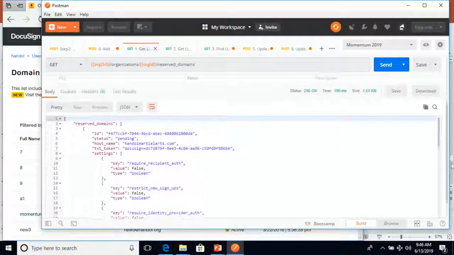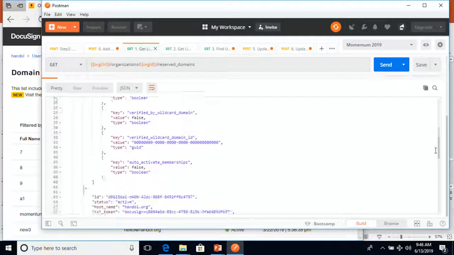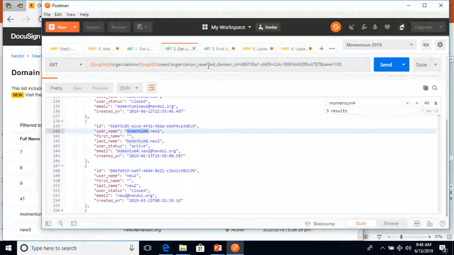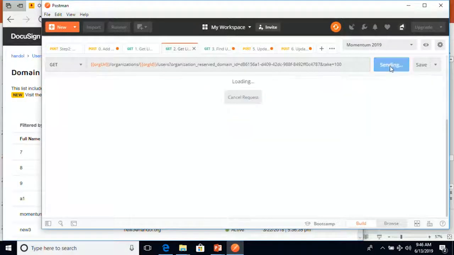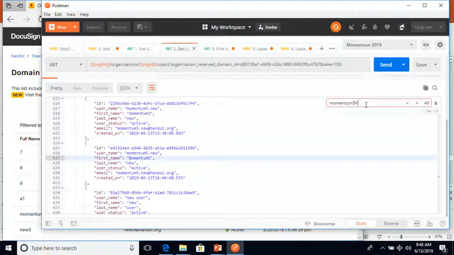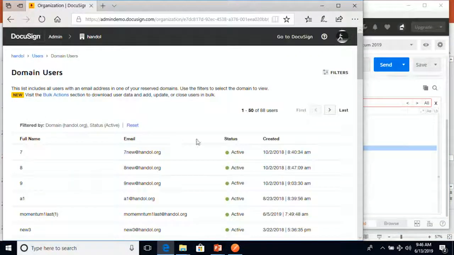So I have multiple domains. So I can claim multiple domains for my organization. So the one I want is this one here. So I copy this ID over. Then my next search, I search based on this domain. Okay, and then I'm going to look for that particular user. Okay, so I found them, so he exists here. Now another way is, so let's say I go directly into that user.